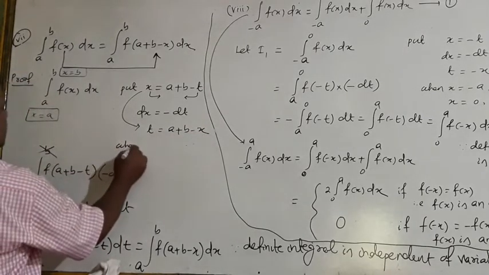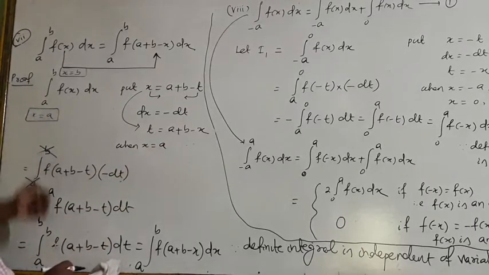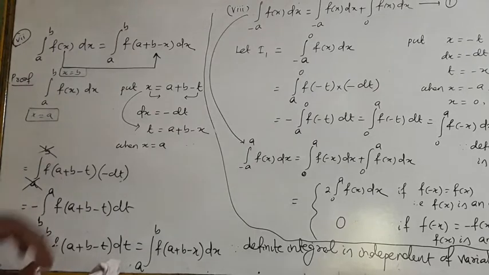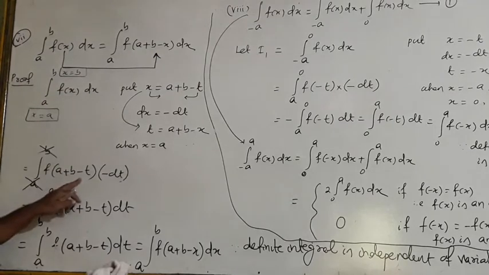When x is equal to a, what happens to t? Suppose the Prime Minister of India is Narendra Modi. If someone else comes as the Prime Minister of India, then the Finance Minister, Defense Minister, Education Minister, Agriculture Minister and other such ministers will change. According to the Prime Minister it will happen. So here it is the Prime Minister. Prime Minister is x. Now the Prime Minister changes to t. So according to that, the variable, the lower limit and the upper limit will change.